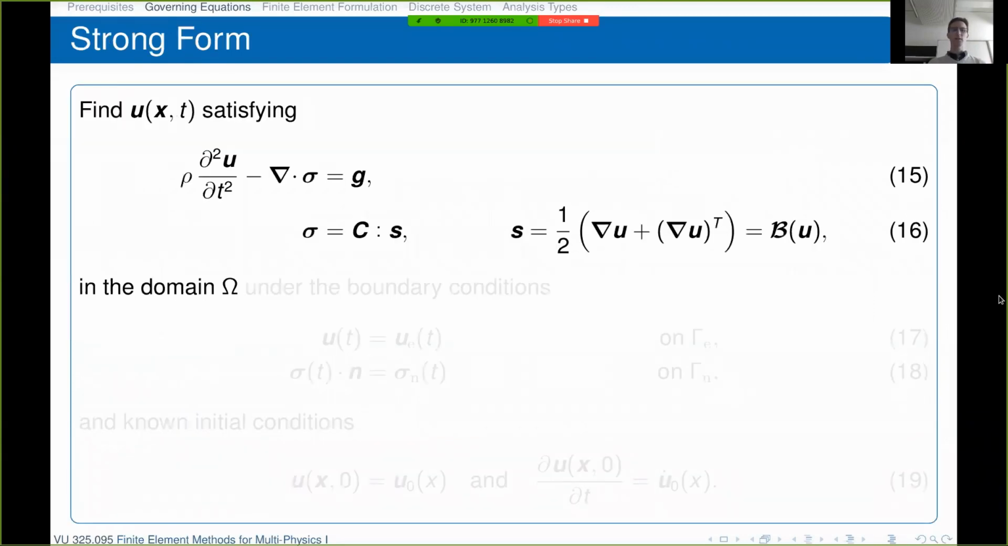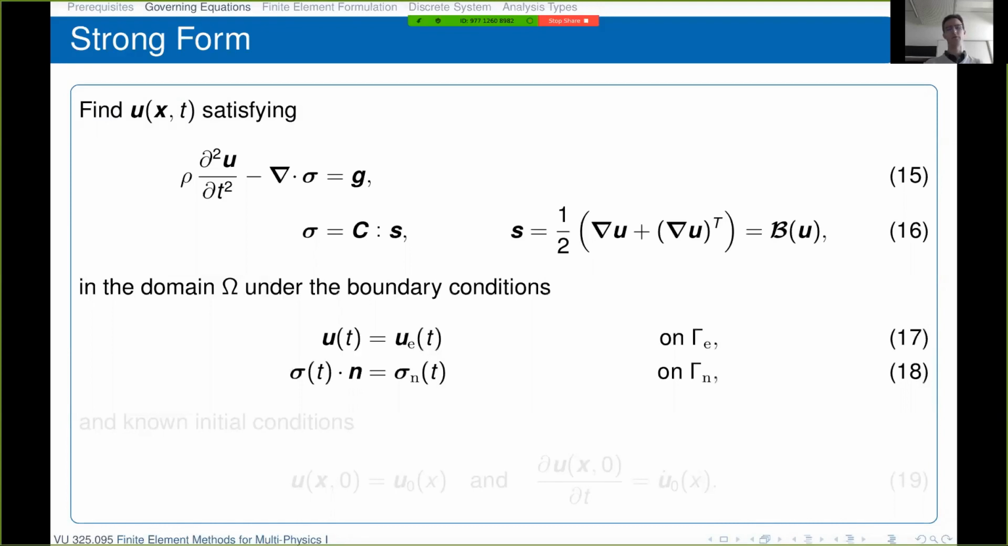Okay, and this already gives us the strong form for solid mechanics. We want to find the displacement field u of x and t satisfying our balance of momentum equation 15 under the constitutive law that we have assumed, Hooke's law, and the linearized strain displacement relationship given in equation 16. Of course, we want the solution over the complete domain omega we consider, and we want to fulfill the boundary